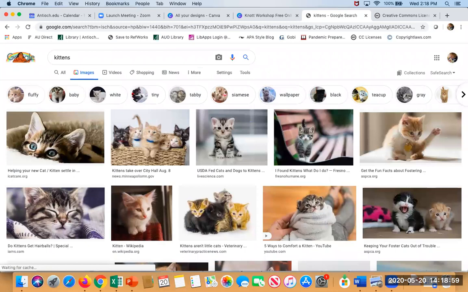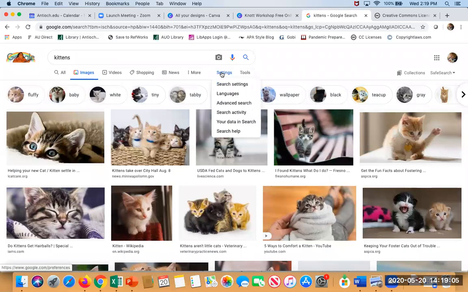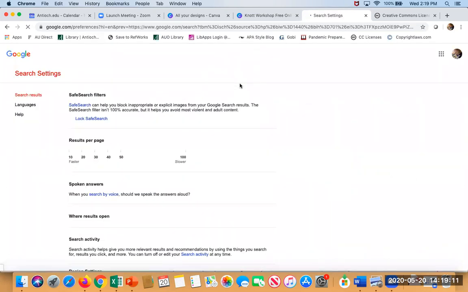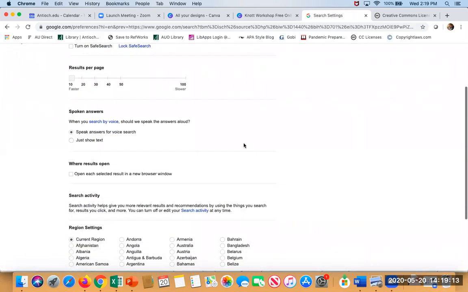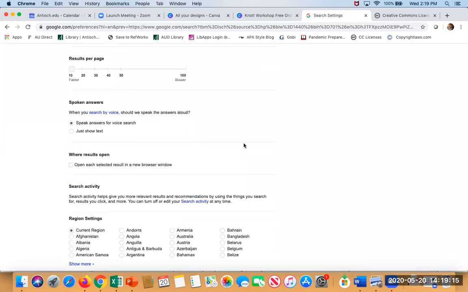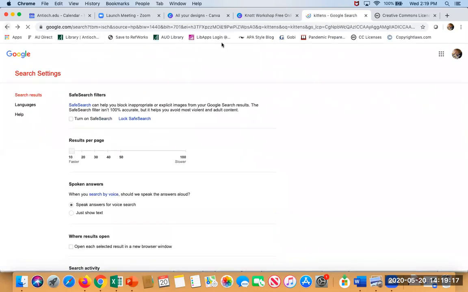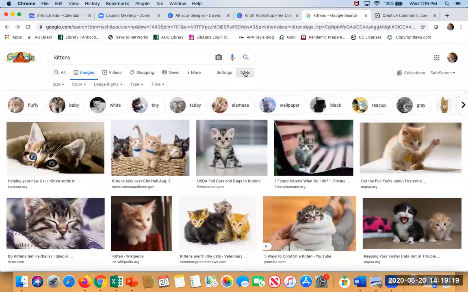So here we have all these wonderful fluffers. And anytime we're doing a search, we can think about different ways that I can look at my search settings as well. And I think they just changed that. Let me pull that up. I clicked on the wrong one. But there's an ability when I click on tools,